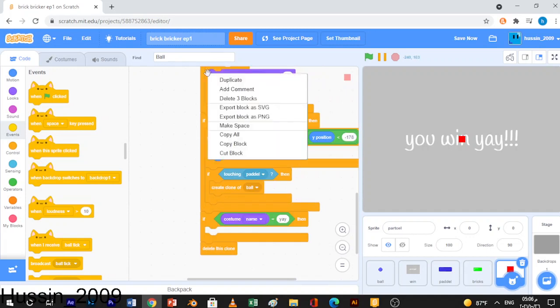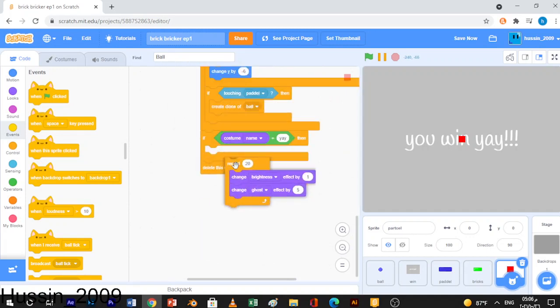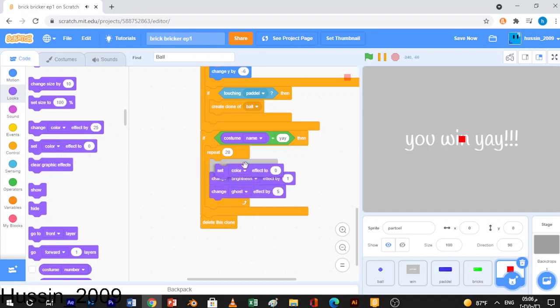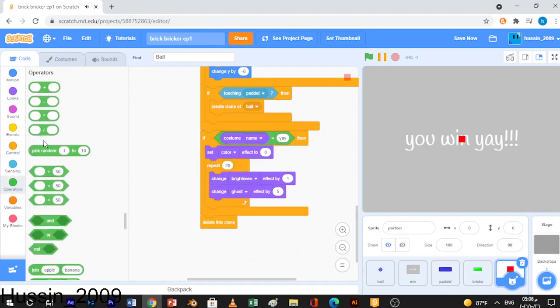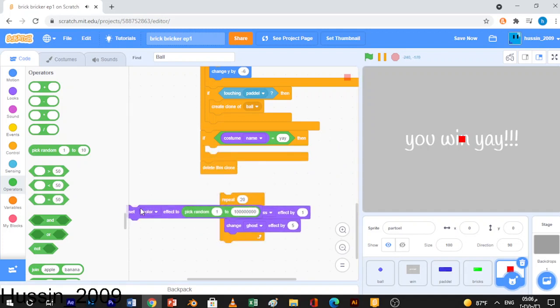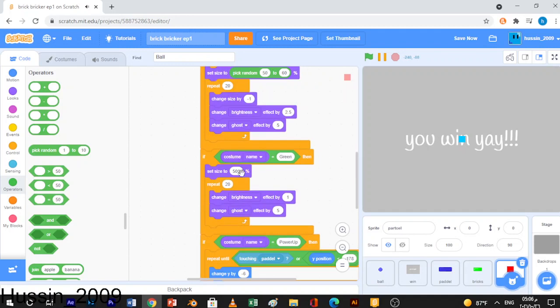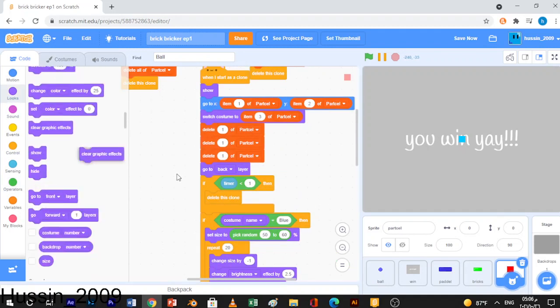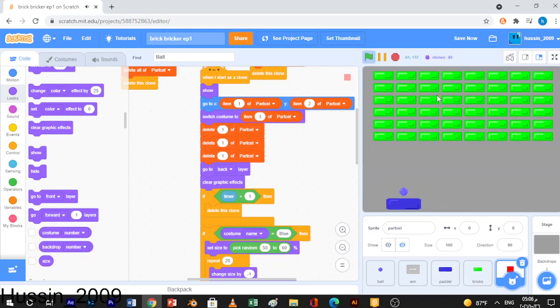Repeat this one, and also set color effect, pick random 1 to 100 of 1 million, I don't know, but just a big number, and also layer craft effect. So now